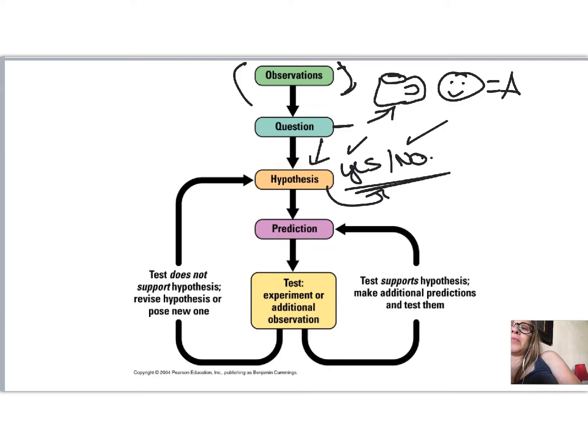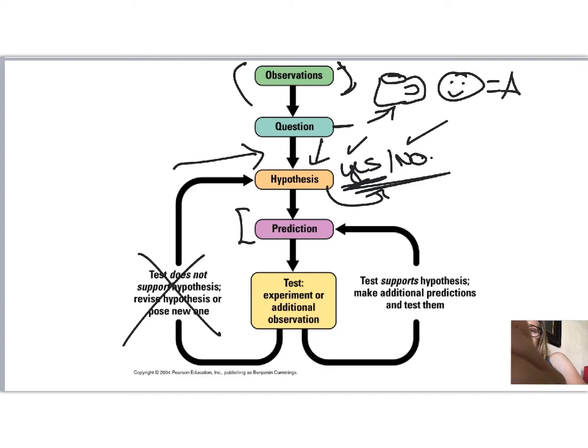And so what we would do is maybe set up a couple of predictions, or we'll choose, say, the yes one first and say, yes, it's the caffeine in coffee that is helping people do better. So we could predict if we give somebody the same amount of caffeine in another drink, that they would be able to perform equally well on those exams. So if we tested it and it did not support that hypothesis, meaning that the folks that had the alternative way of drinking caffeine, maybe Red Bull or something, didn't do so well, we would know maybe it's another component in the coffee. And we go back to that hypothesis and we say, all right, let's come up with another one that's kind of related to this